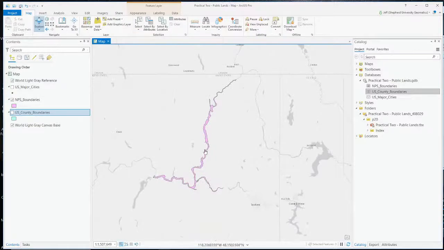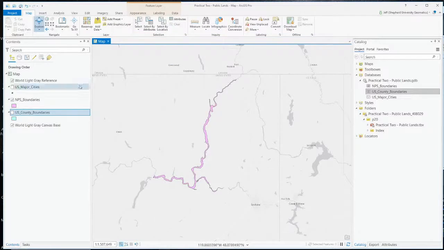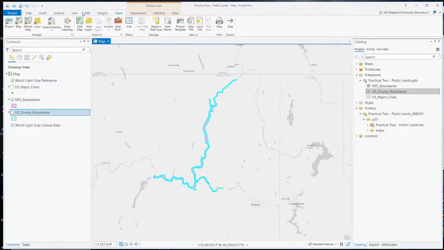I'm going to try to apply a buffer zone to the scenic riverway, Lake Roosevelt National Recreation Area. Okay, I'm going to add a buffer to that. So what I'll do is select that one feature, because I don't want to add a buffer to everything,